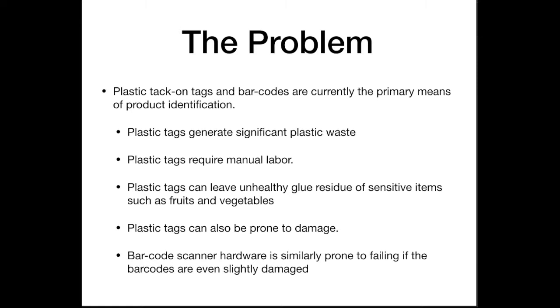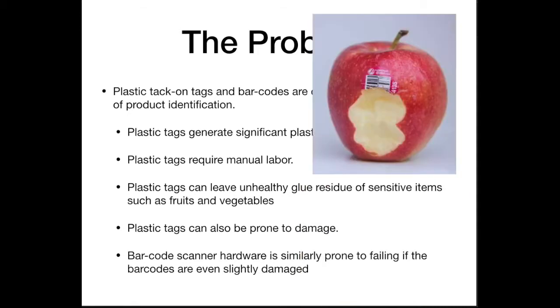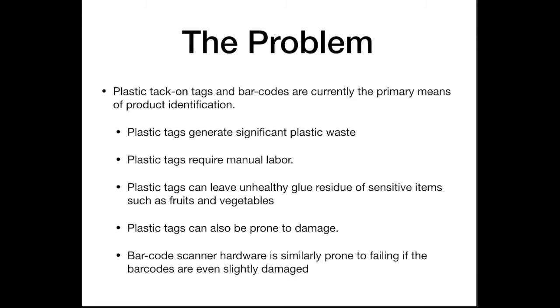Plastic tag-on tags and barcodes are currently the primary means of product identification in grocery stores, and they have several problems. Firstly, plastic tags generate significant plastic waste. In many cases, there's manual labor involved with attaching these tags onto products, especially those that are not prepackaged. They also have consumer health implications, especially when they leave glue residue on sensitive items such as fruits and vegetables. Most importantly, they're prone to damage, and with a barcode scanner, even the smallest damage can lead to non-detection and